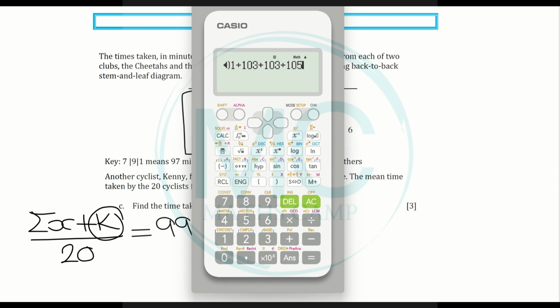Then I have 105, 106, 112, 118, 119, and 124, which gives me